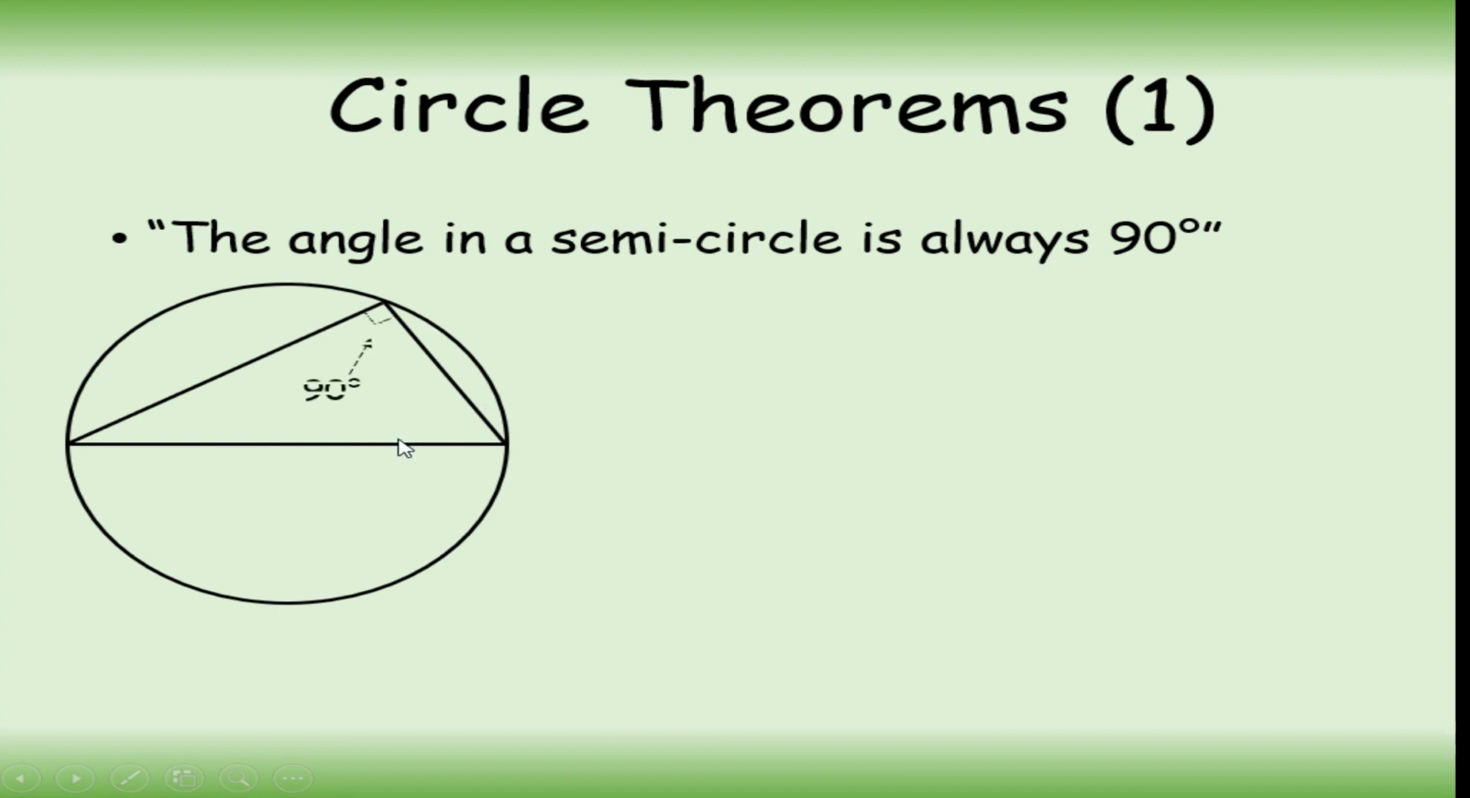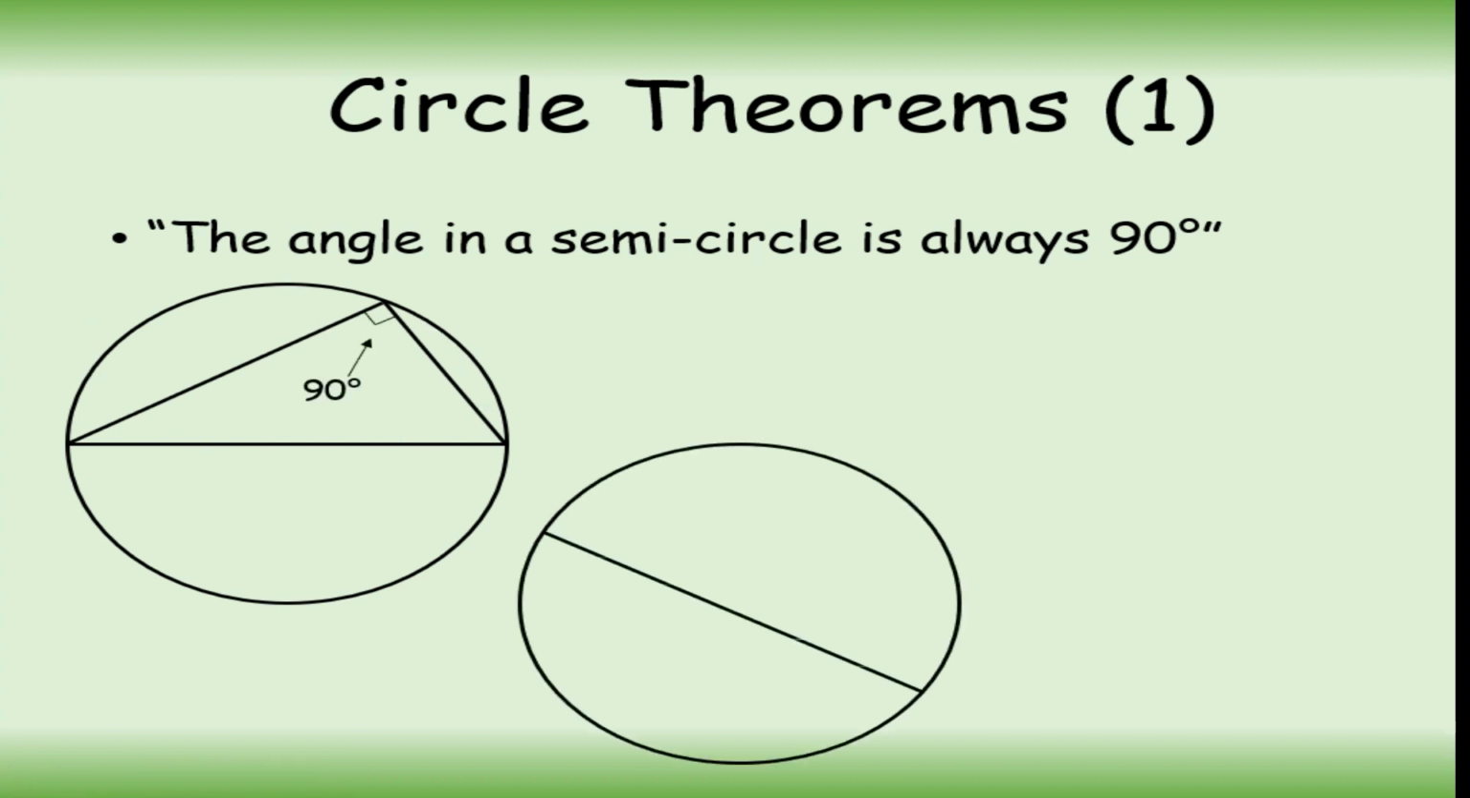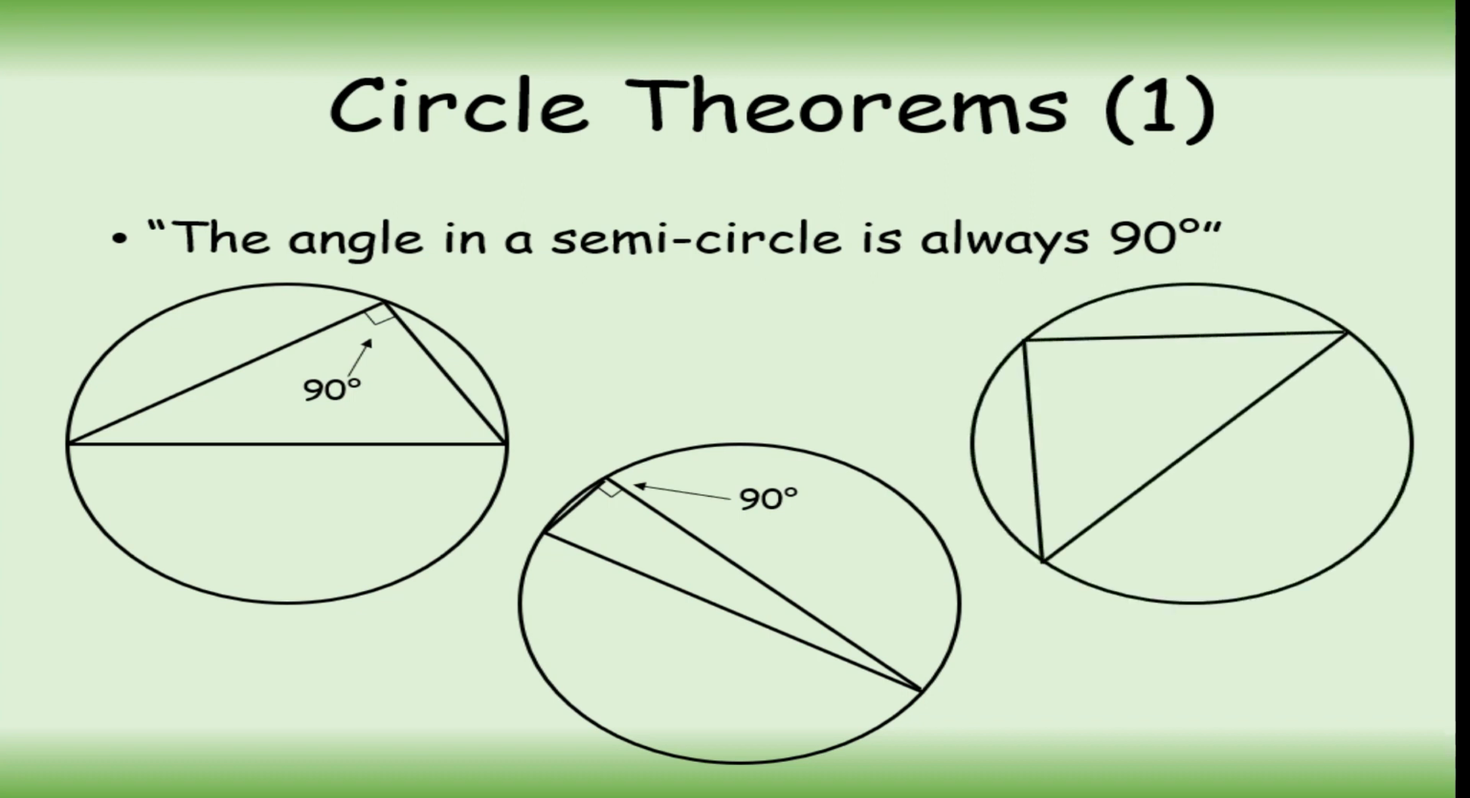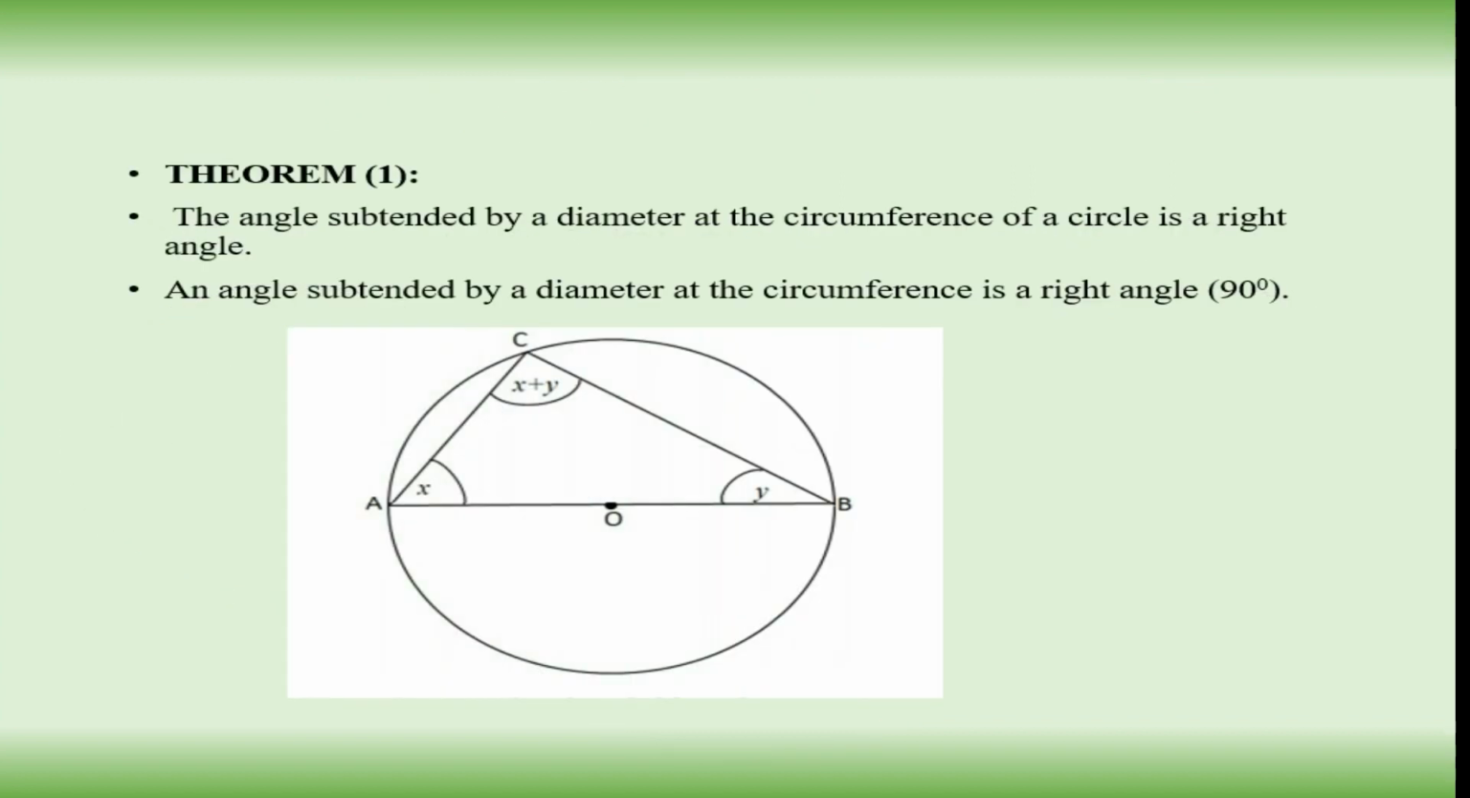Another example can be like this, it's 90 degrees. So far as it is taken from half of the circle, it is always 90 degrees. Another example is over there. Alright, so it means that when I take, if here is 90 degrees, it means the sum of x and